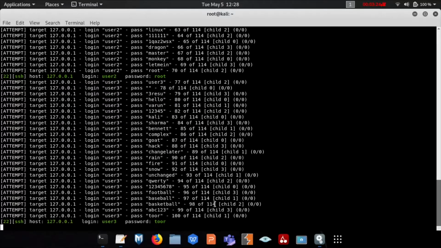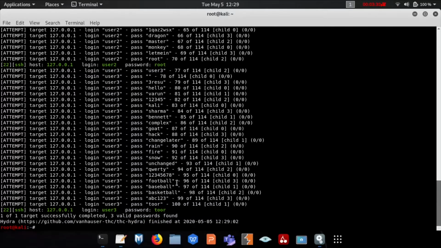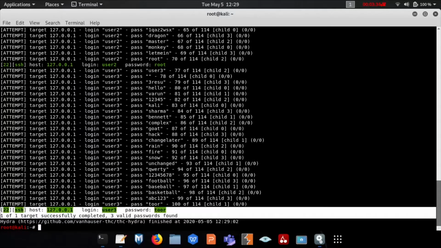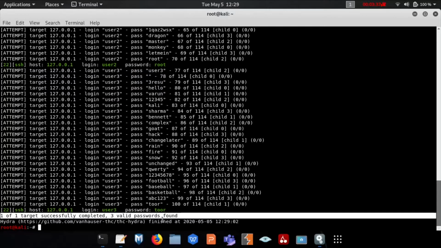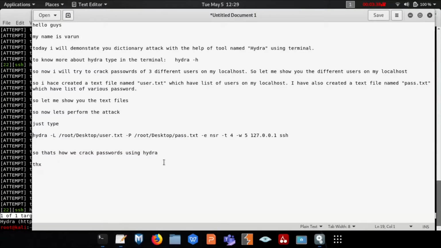Now as you can see, all the users' passwords have been cracked. I hope you understand this tool named Hydra, and I hope that you will also try this attack